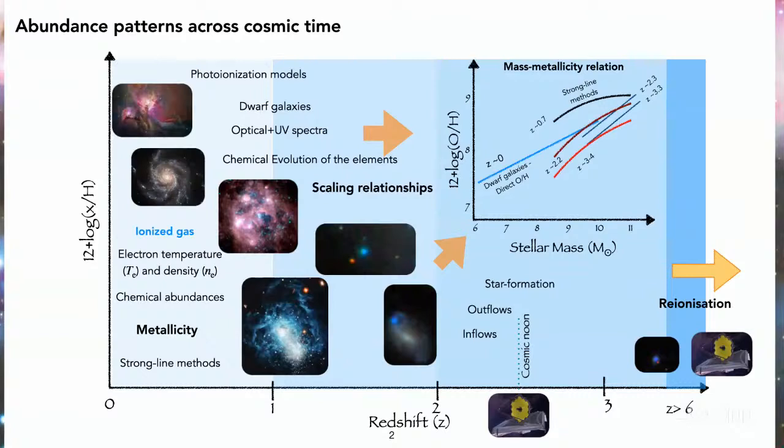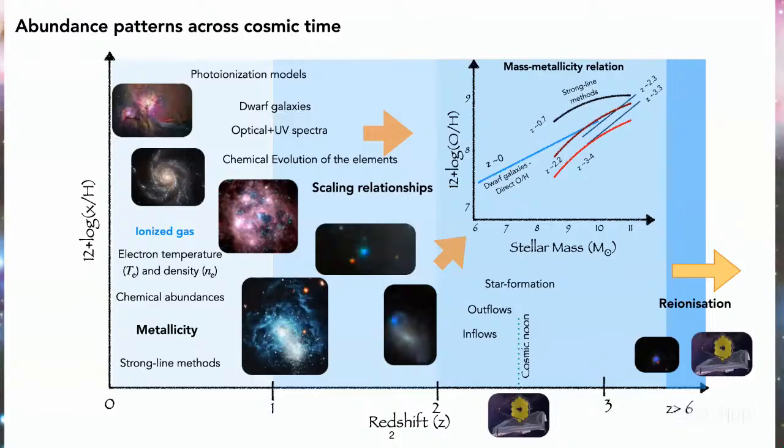That is a key property of these galaxies, and it is also strongly related with physical properties of the galaxies, like the stellar mass, for example, that you can see here in this plot. The shape of this stellar mass-metallicity scaling relationship tells us a lot about galaxy formation and evolution. The shape is basically driven by the build-up of star formation. Then we have outflows that remove this gas, and inflows of pristine gas dilute the metallicity. So this is a really very powerful empirical relationship.